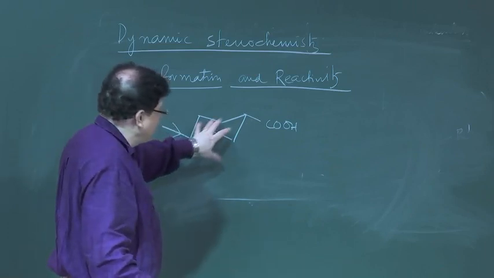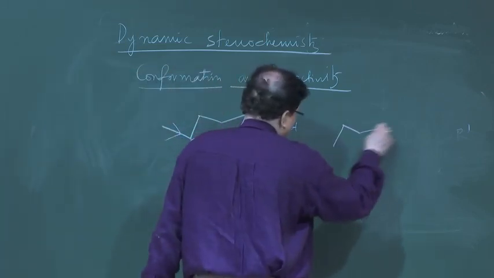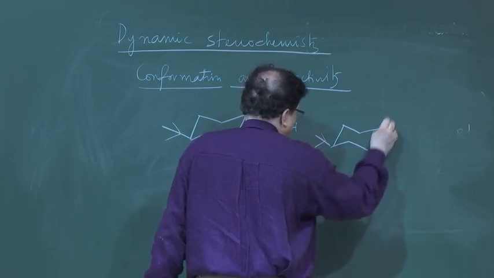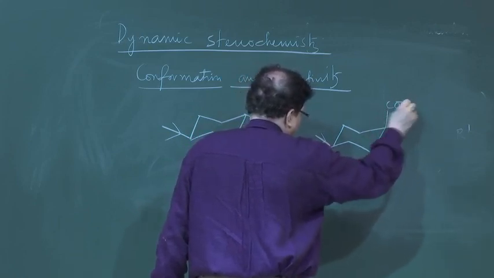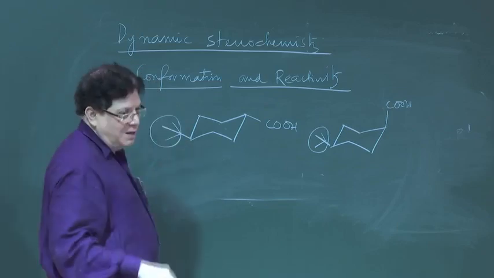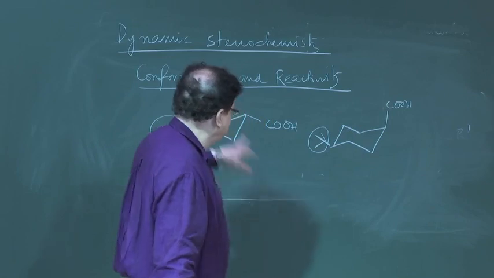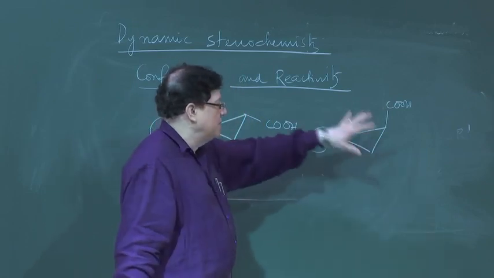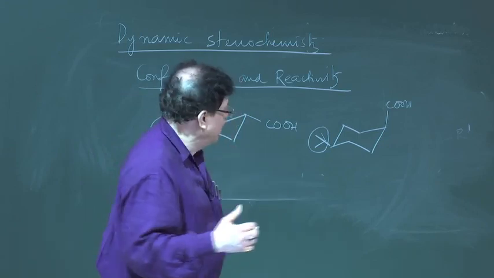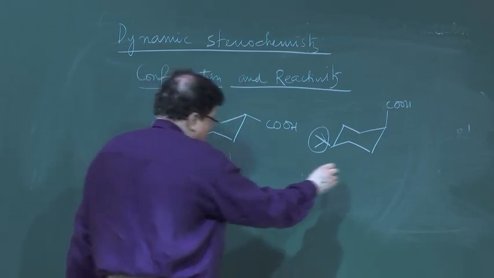He took one molecule where the carboxy is in the equatorial position, and he took another molecule where the carboxy is in the axial position. But in order to lock the system, you need a locking group. I already told you tertiary butyl is a locking group. It prevents the molecule from flipping. So, there is no interconversion between axial carboxy and equatorial carboxy. So, he was trying to measure the pKa. Now, interestingly, what he observed